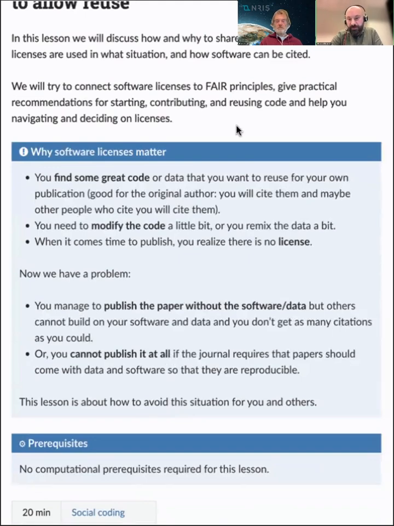We touched on the FAIR principles last Wednesday: findable, accessible, interoperable, and reusable. These are four principles that make sure that the code, but also the data, can be reused in a way that is legal, ethical, and sustainable, so that other people can build on top of your work. Most likely in your research work, you're building on top of existing research.